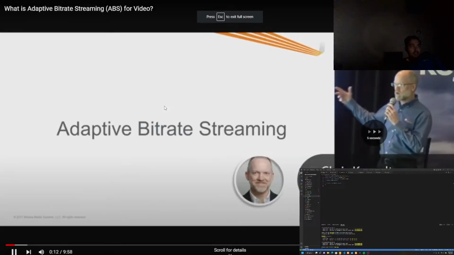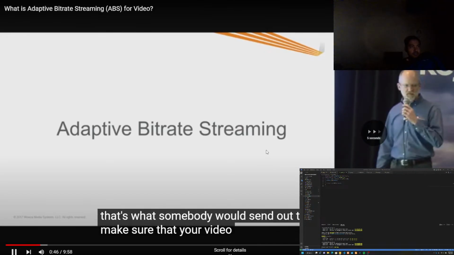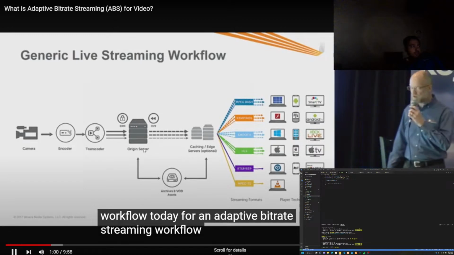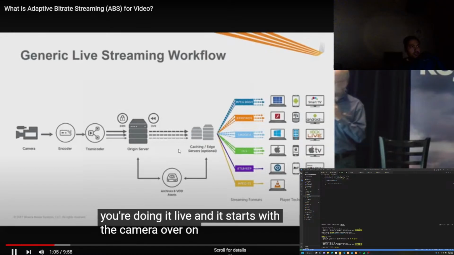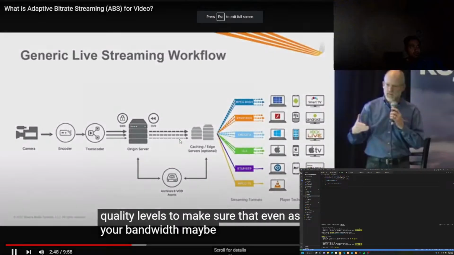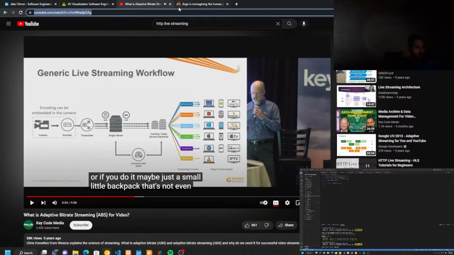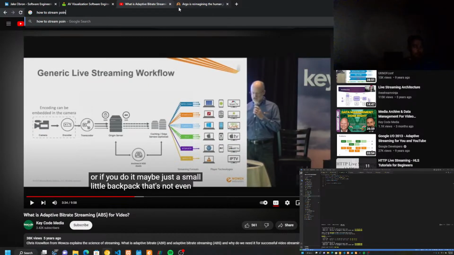Video before, there was one of the large ones very early on. And if you pause, the video didn't stall because you didn't have enough, multiple bit adaptive bit rate streaming workflow. This one assumes you're doing it live, and it starts with the camera over on the left, sends a signal, even as your bandwidth may be a little low. How to stream point cloud data from